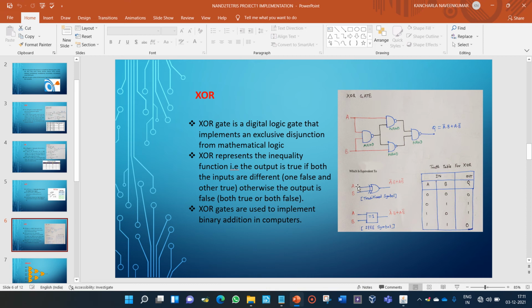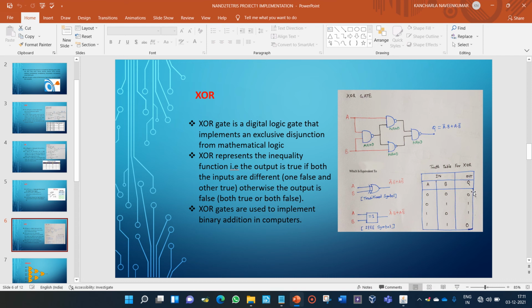Okay, check this out. This is the normal XOR gate, which you know: A, B, and the output is A XOR B. A XOR B is also called A bar B plus A B bar. This is a short form for A XOR B. See, this is also the same thing: A, B, A XOR B. But the only difference is it is implemented using NAND gates. Both are equivalent.